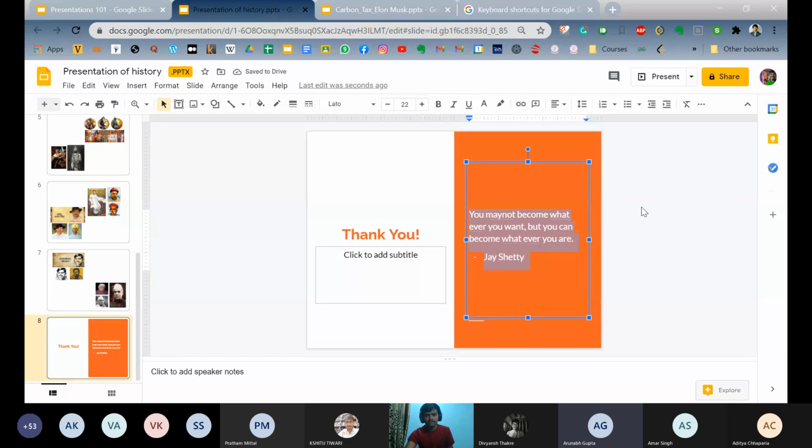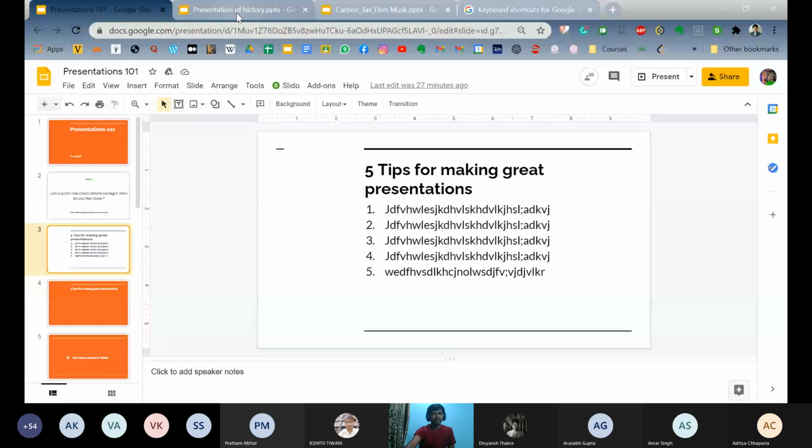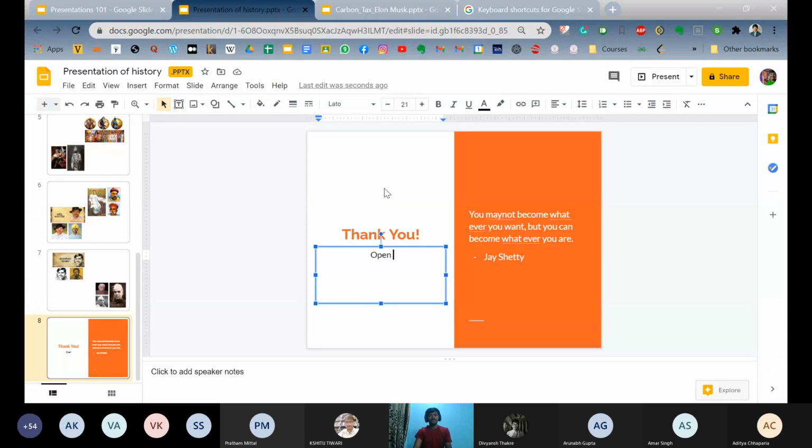Bhaiya, I have a question. Yeah, please. About the quotation you have written, does it have to be written in the thank you slide, or can we write it in the introduction also? Below the intro. Depends on the context. I just added this to show some way to put the quote, but you can put it in between, wherever the context comes, you can put it there.